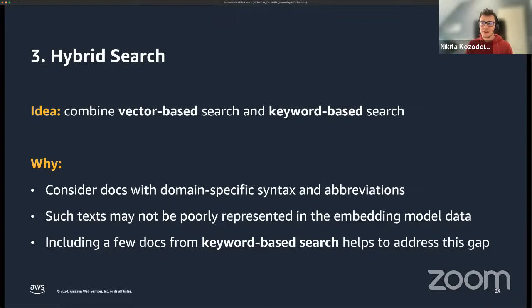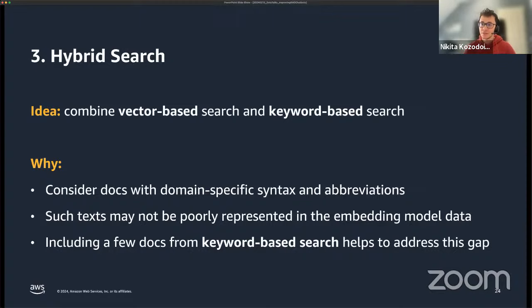Imagine that you have documents mentioning RAG and retrieval augmented generation, using either the abbreviated version or the non-abbreviated version, right? If your embedding model has not been trained on such terms, it will not understand that. So it will probably encode this word somehow, but you might not be able to find a very accurate match when you look for those values in your document space. So what you can do to make use of that is combine both vector search and keyword-based search